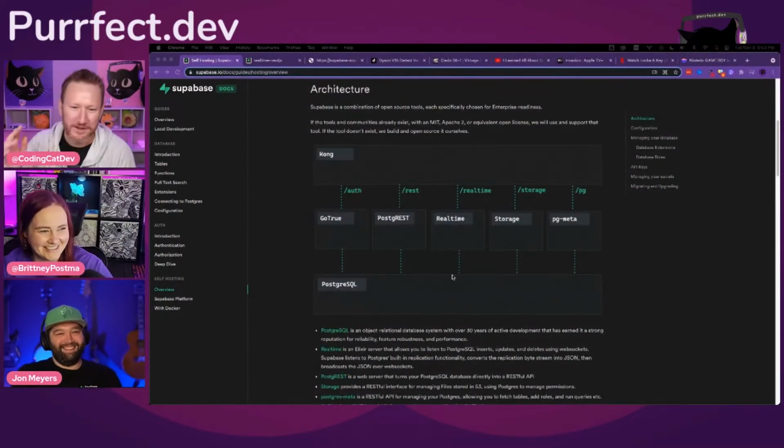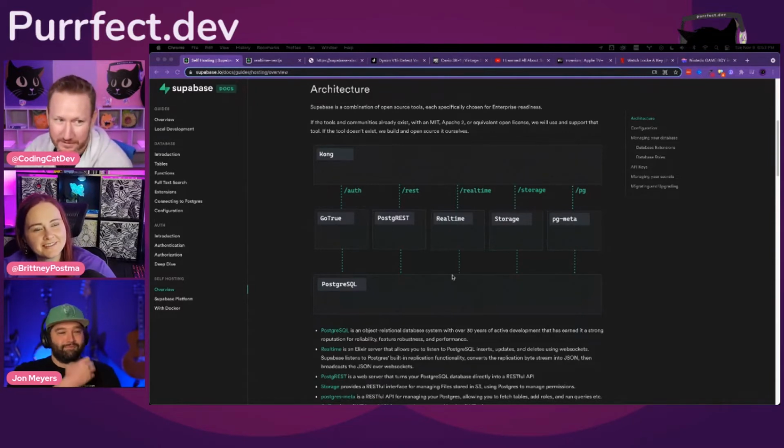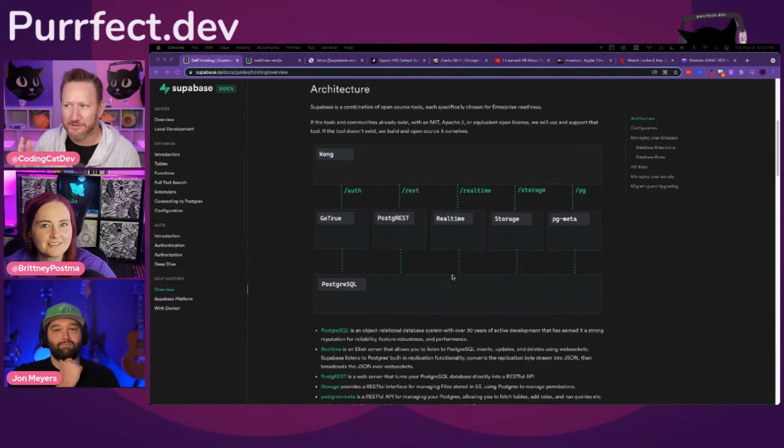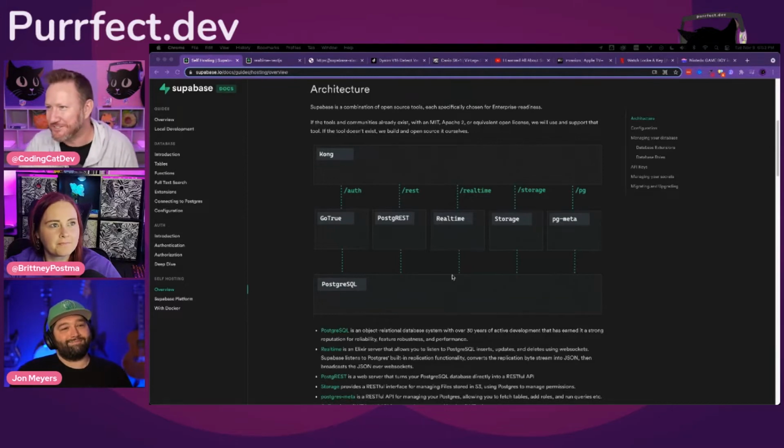I hate it. And then there's a real-time piece, a storage piece, and a metadata piece that describes different pieces. The one thing I want to talk about, Jon, is Supabase is not shy about saying we support open source. We also give back to open source. Can you break down what mentality that is for creating an open source product built upon other open source projects?